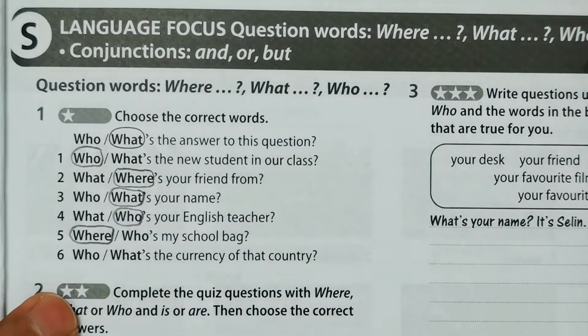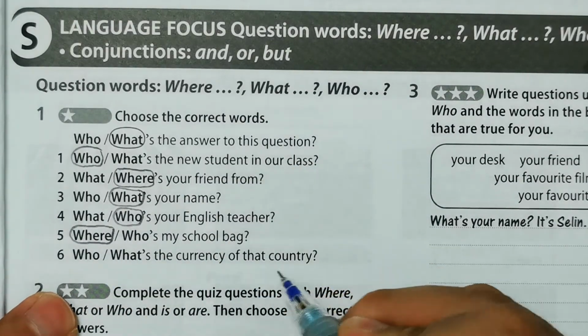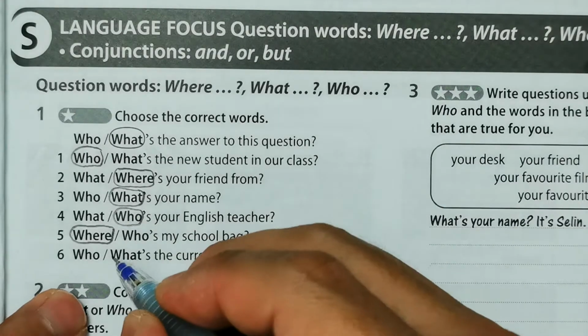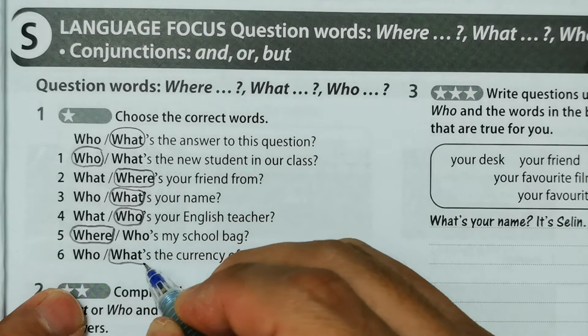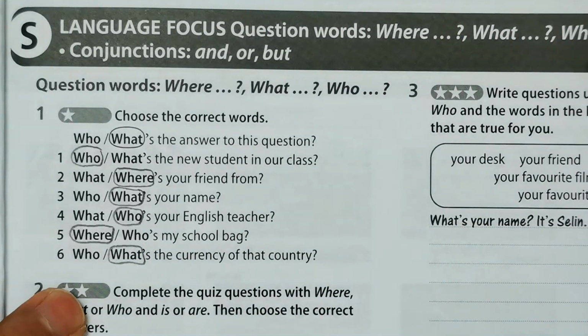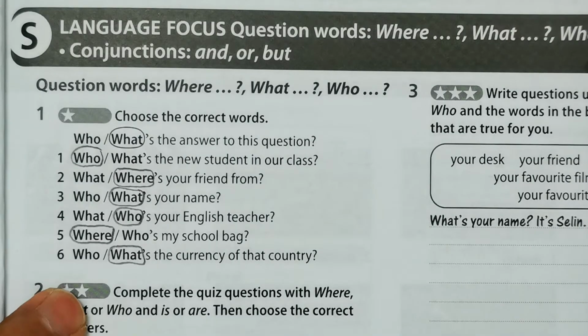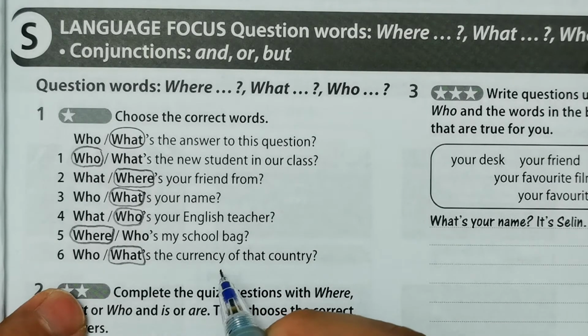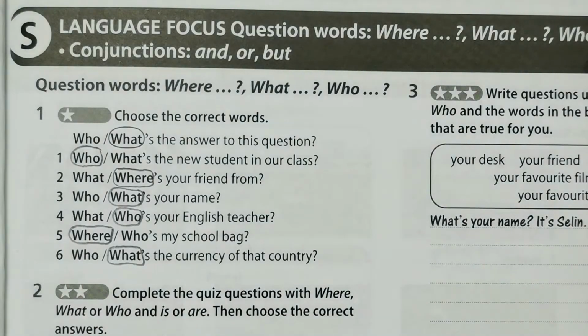And then number 6, the currency of that country. So this is what's. So ringgit is for Malaysia. So ringgit is the currency of Malaysia. Maybe you don't understand why the word is here. So currency is related to money. And then number 2,